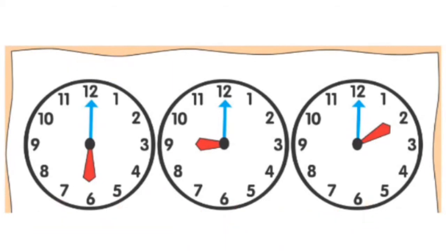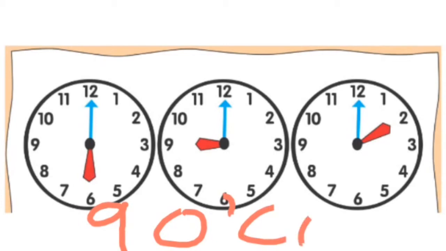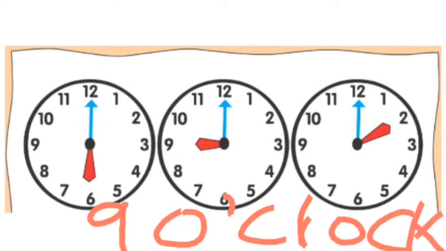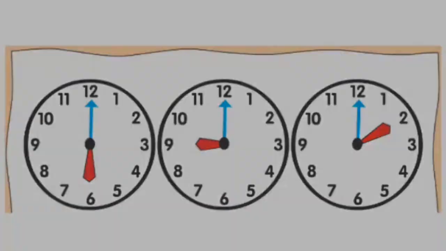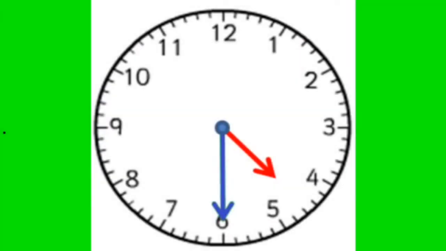What about the next example? Yeah, we have the hour hand pointing to 9, as you can see right here. So I will say what? 9. Don't forget I read the hour hand first. So 9 what? O'clock. Good. Alright. Good. Clap for yourself. Good. Now moving down, we have